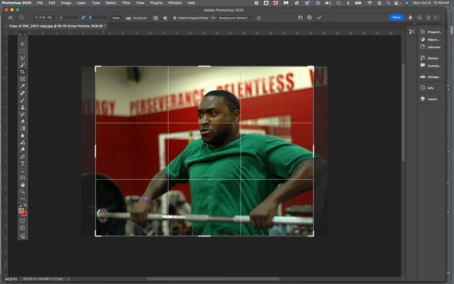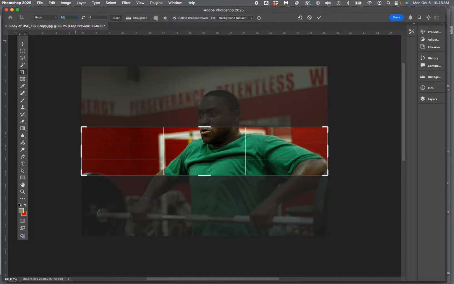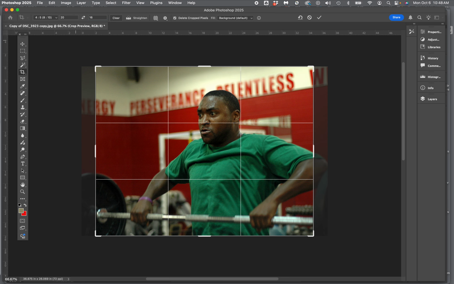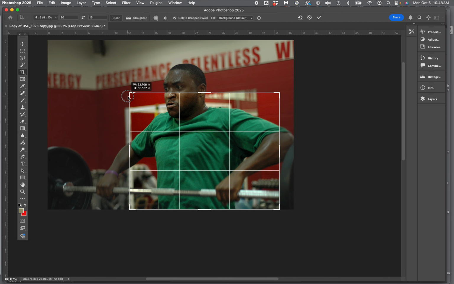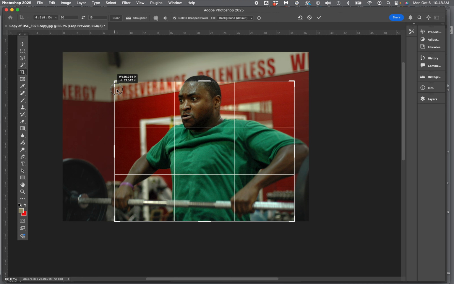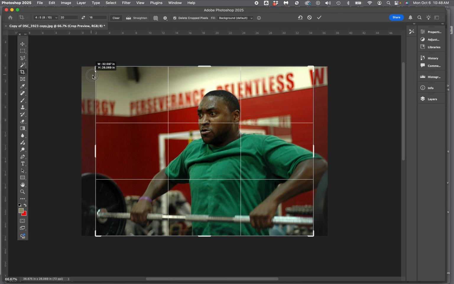within that ratio. You could also, instead of typing in ratio numbers, just type in the size of your photo paper. Let's say, for example, we do a photographic assignment where the paper is 16 by 20 or it's 18 by 24. You could type those numbers in, and then you're getting that paper size, that ratio, no matter how you pull